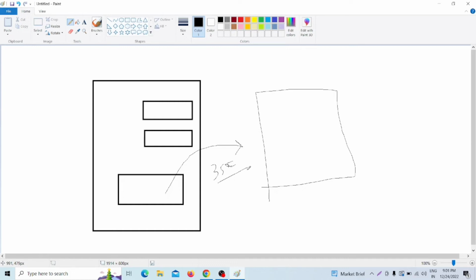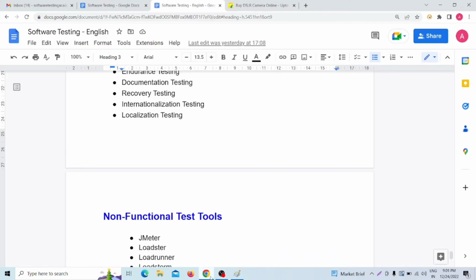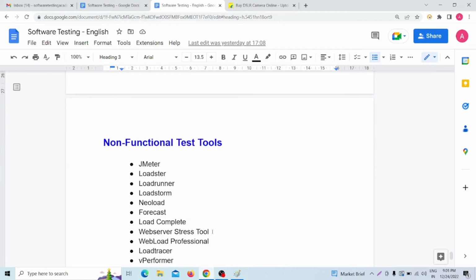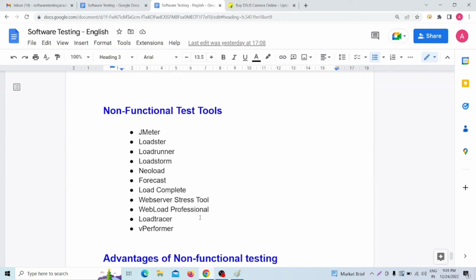How can I measure? It is not possible to arrange 1000 laptops or 1000 systems and click at the same time. That is not possible. That's why we use tools where we can easily put 100 or 1000 users and check how our application is behaving. So we have to use some tools for non-functional testing, and some tools I have listed out: JMeter, LoadStar, LoadRunner, LoadStorm, NeoLoad,